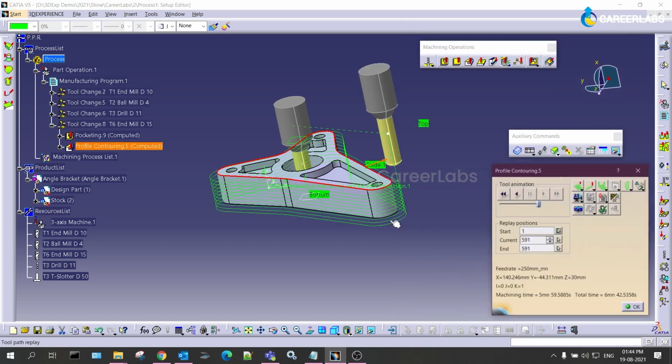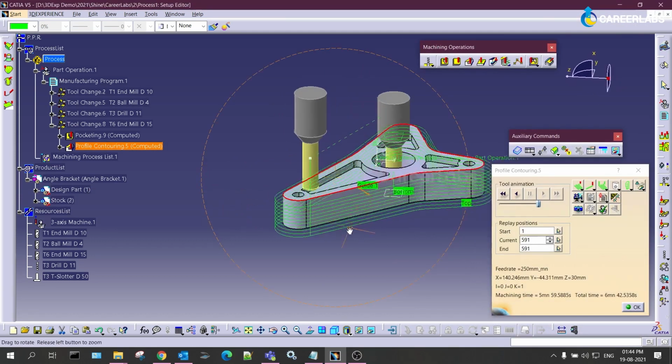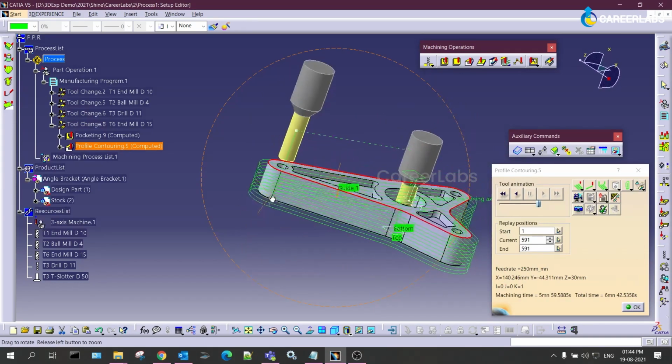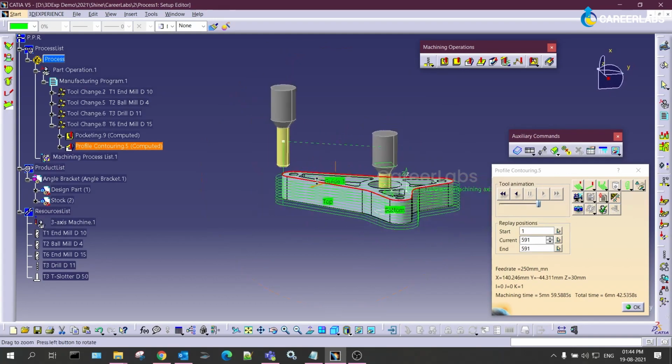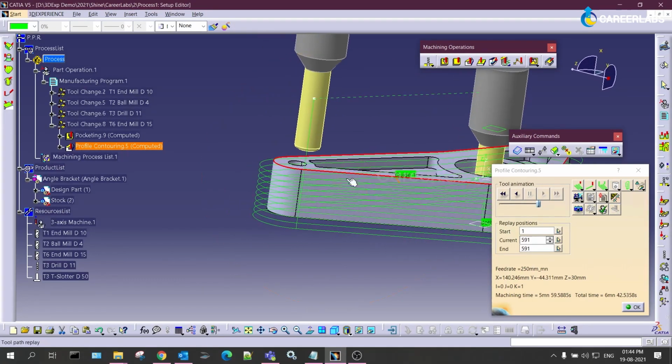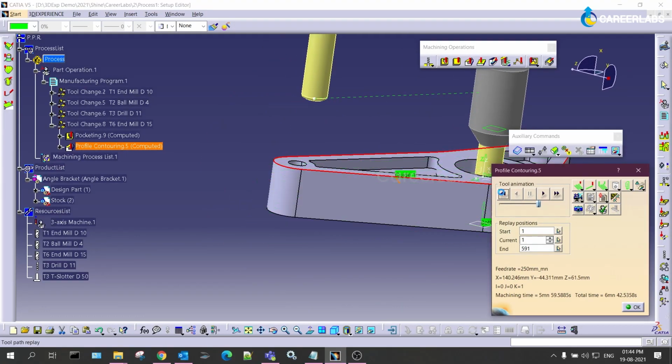Let me simulate. So this is how the operation will try to address. Let me show you by simulating once.